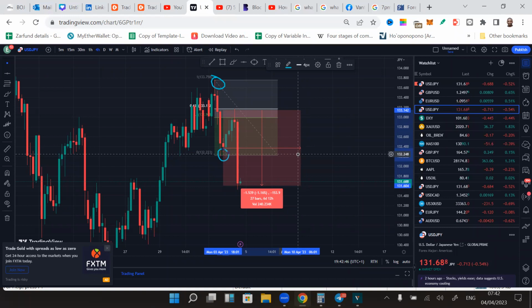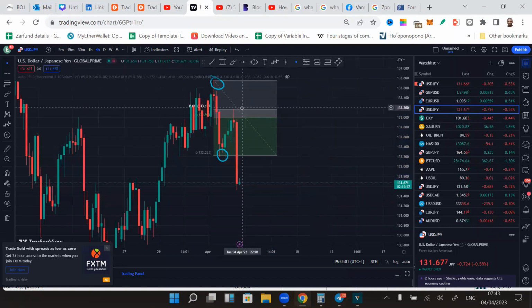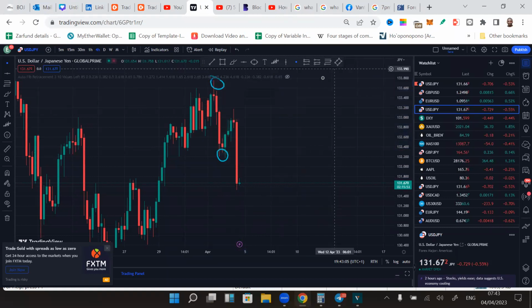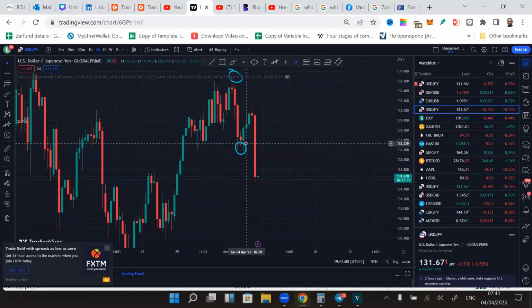I'm just going to show you. I'm going to do the analysis for you, and then you look at it tomorrow, or if you're ready to trade it, you can trade it. I'm going to show it to you right now: the patterns I see, and then the next moves that I see right now on USD JPY. So let's go. Okay, so that's the first move that happened, and this one has happened already. Okay, good. So now, what I'm expecting now,